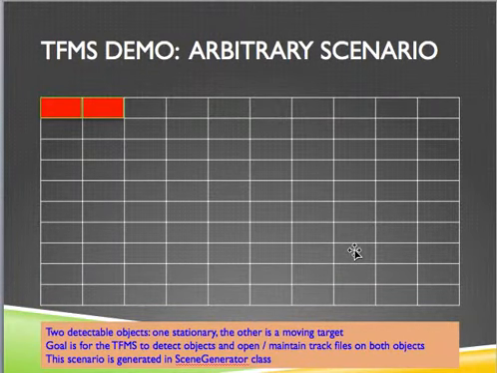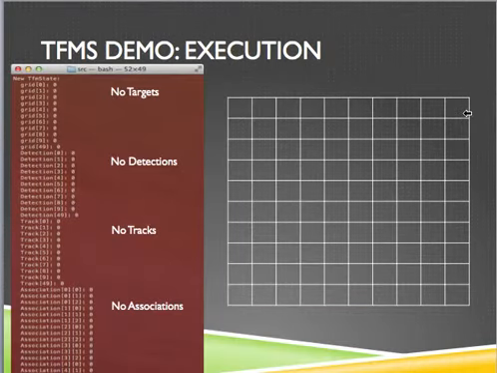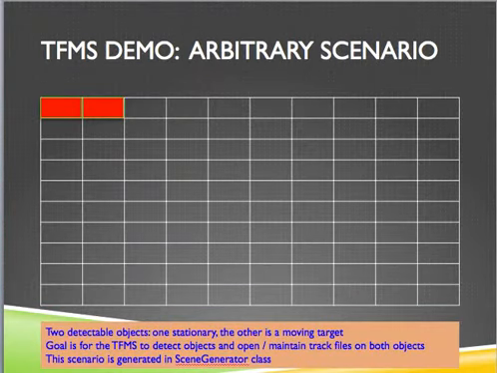For my demonstration, I selected an arbitrary scenario where I have two objects in this 10 by 10 table matrix, and I have two objects. The tool or the algorithm should be able to detect these two objects at some point. Object number 2 is going to move horizontally on the main row as something like this. Okay, it didn't work out, but basically the idea is that this object is going to move